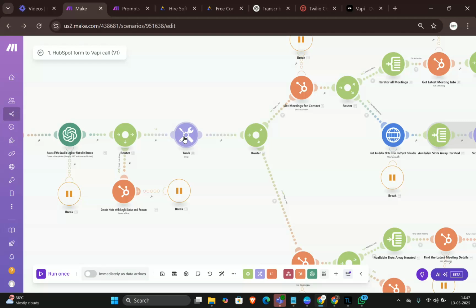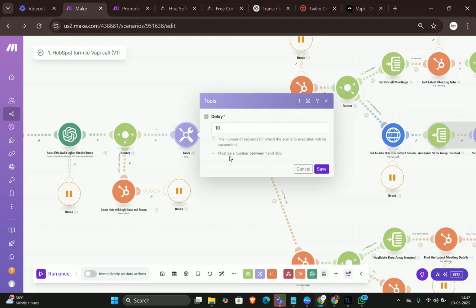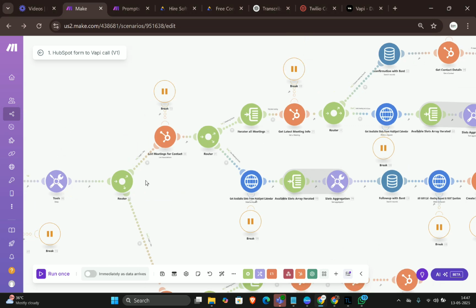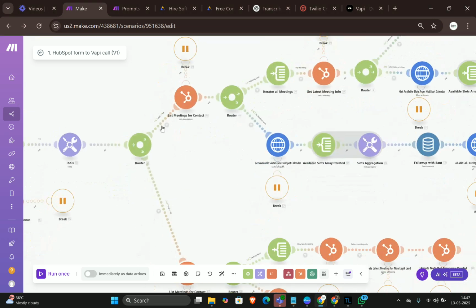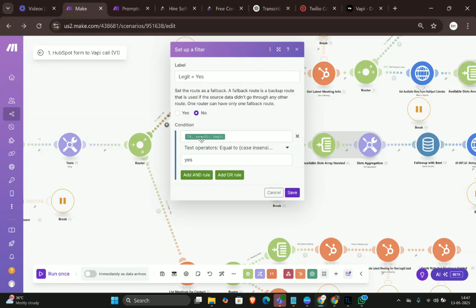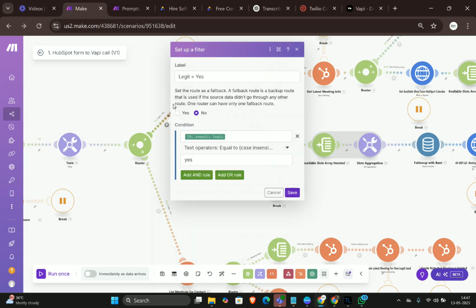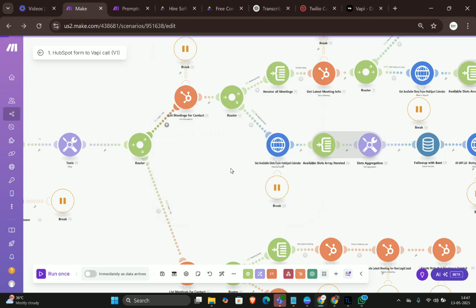Then the next module that we're using is a sleep module. We are again adding a delay for 10 seconds. Now for this particular automation, I'll show you two routes. So there are two routes: if the legit reason is yes, and if the legit is no. So if the lead is legit, that means for the first route, if the result in the legit contains yes,